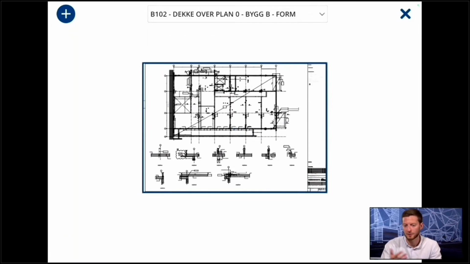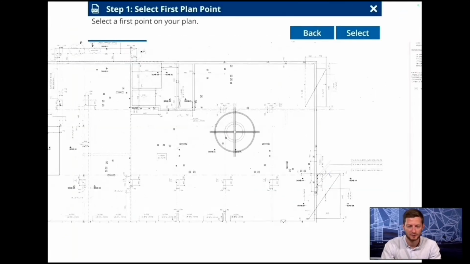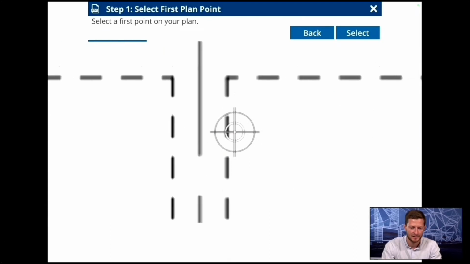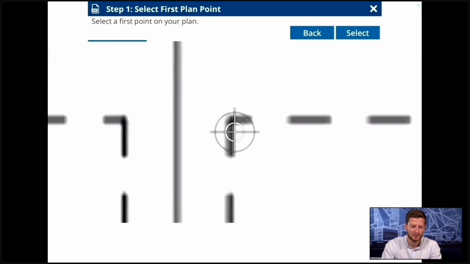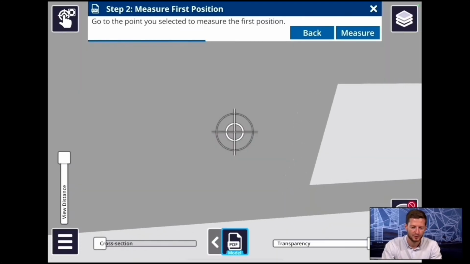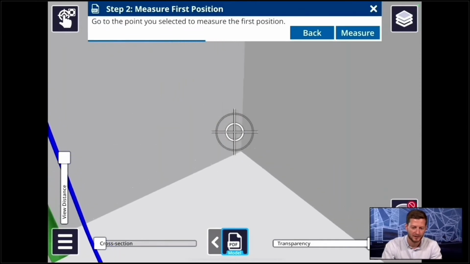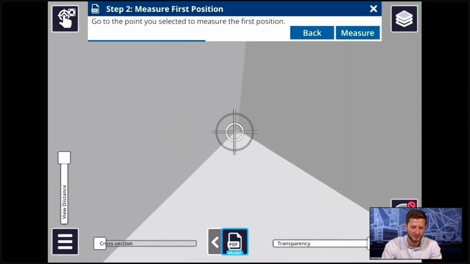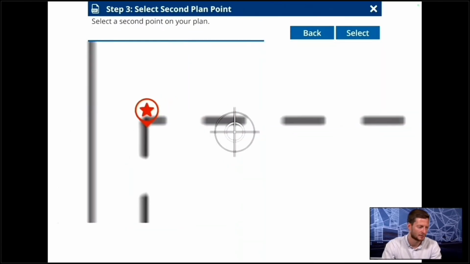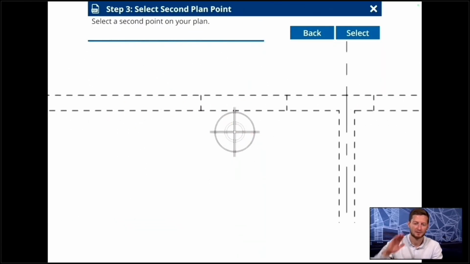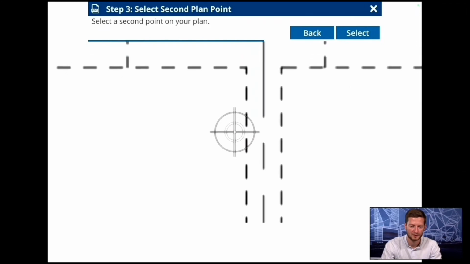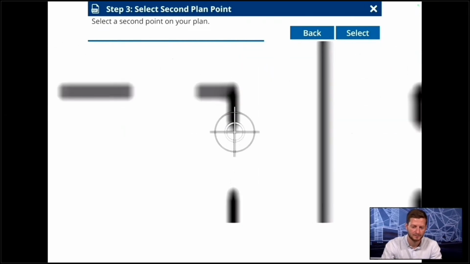We need to have our PDF downloaded from before on our device. We're choosing it, and then we choose the first point in the PDF, and then the corresponding place in the model or in the reality. Here I like to adjust it to the model, and then together I align everything with the QR marker. And the second point,